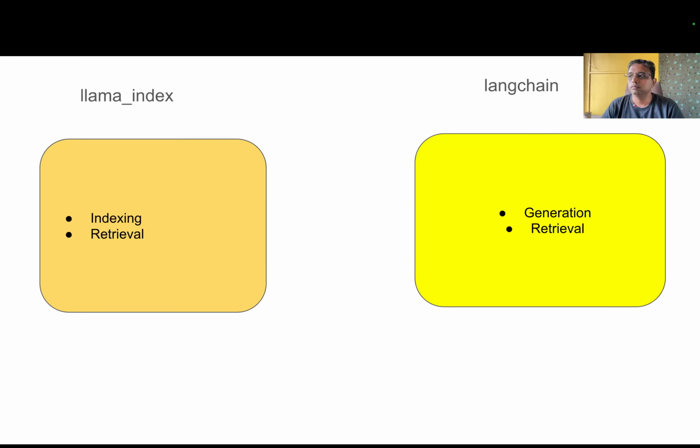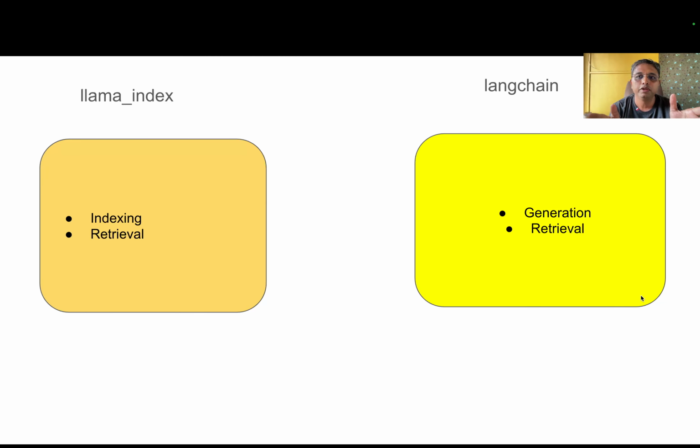Let us see. If we keep both of them side by side, what I have seen is that Llama Index gives more focus to the indexing and retrieval part, and langchain seems to give more focus to the retrieval and generation part. Both have the retrieval part.